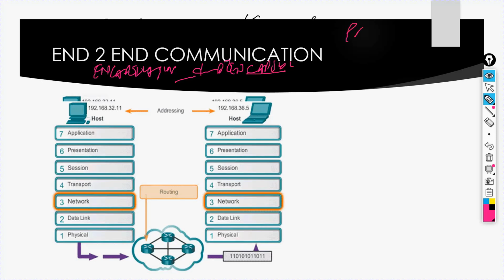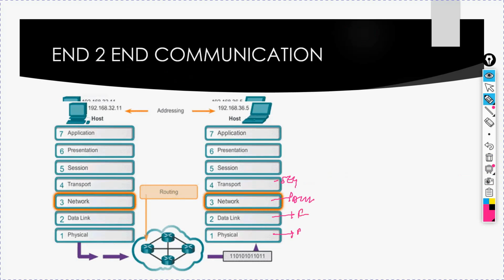Remember those PDUs, protocol data units. At the transport layer we call it segment, at the network layer we call it packet, at the data link layer we call it frame, and physical finally into bits.